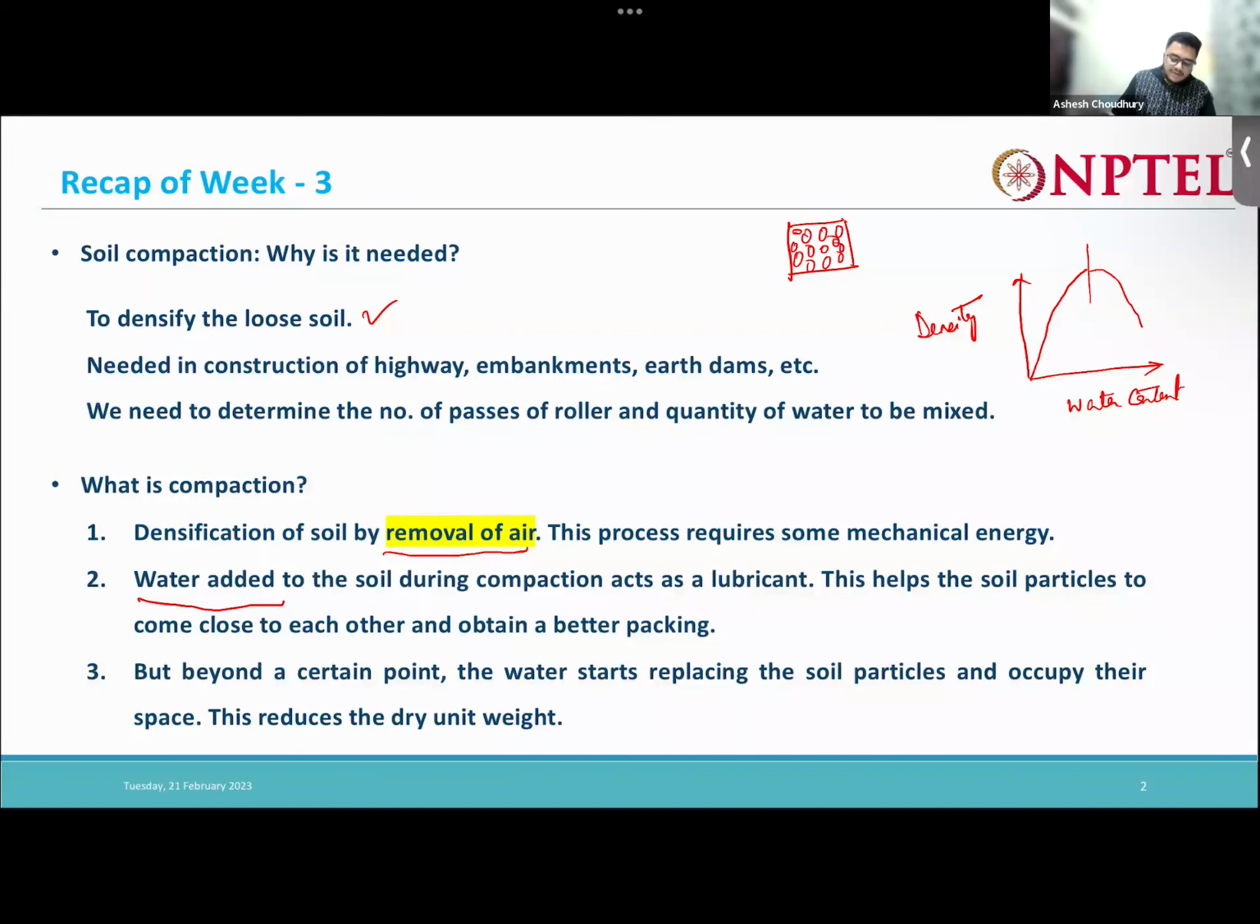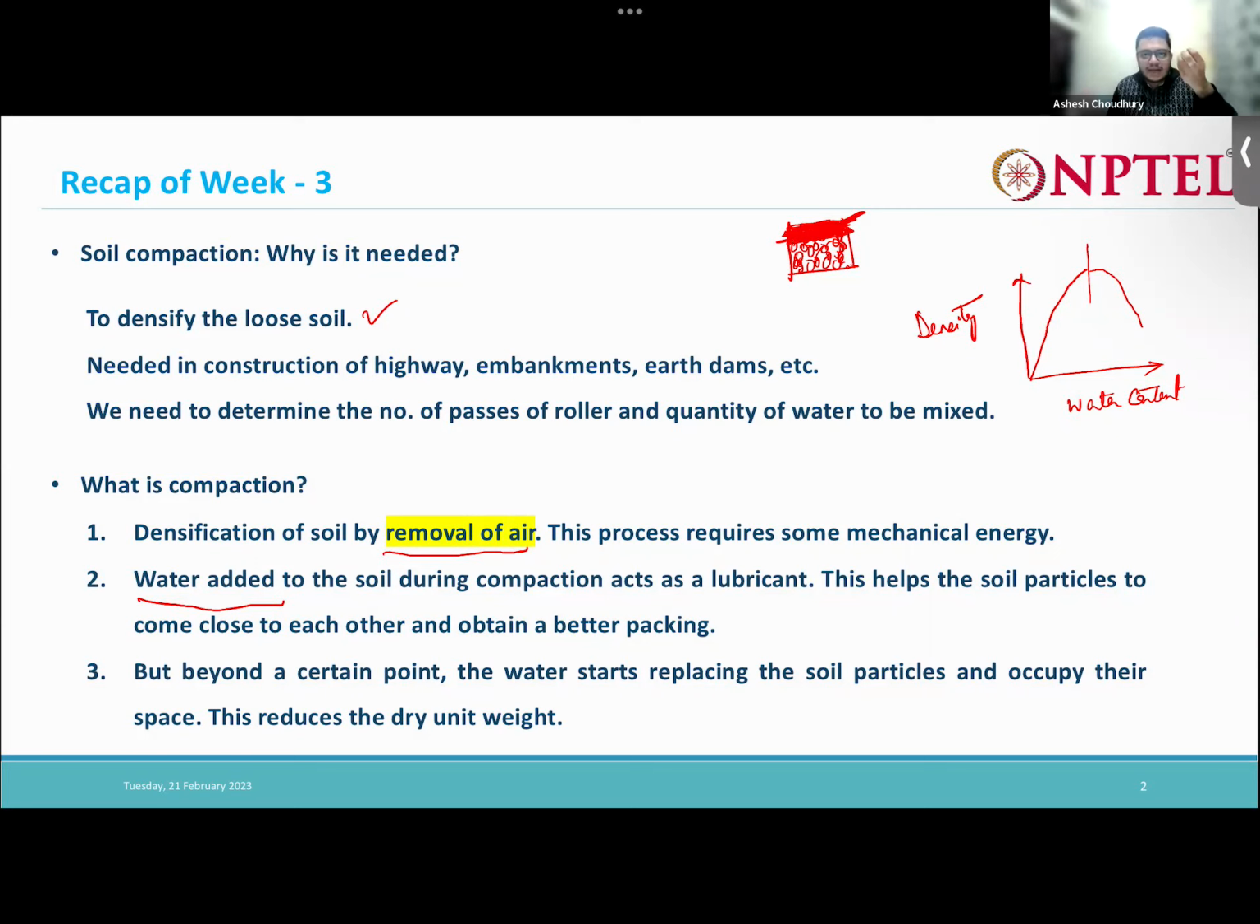So initially, when you start adding water, the soil particles will get densified. In this volume the soil particles will be densified. But after a certain point, these soil particles will be replaced by water. As a result, the dry unit weight will reduce, because